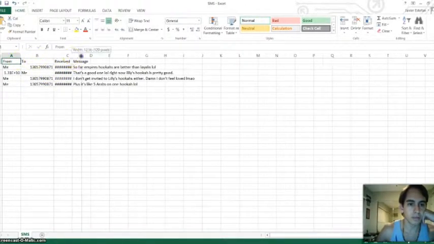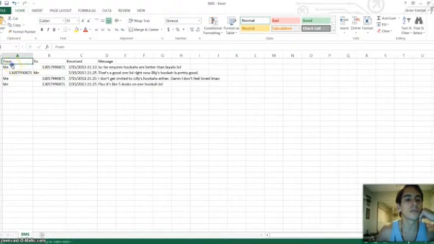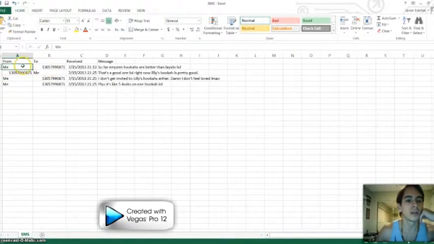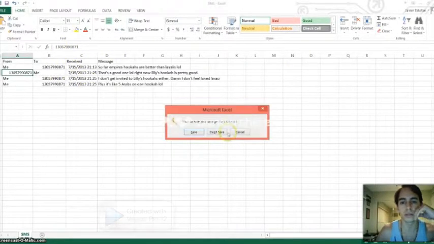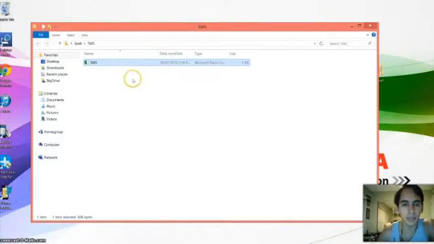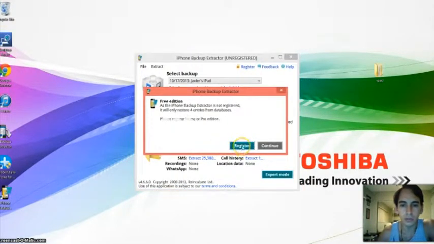As you see, it saves it all into an Excel form. I originated this text message, I sent it to this number at this time, asking this, and then the same person responded to me saying this stuff. So this is what's pretty neat about this one, that it's saved into an Excel sheet. Or if you did the photos, it will extract all photos into